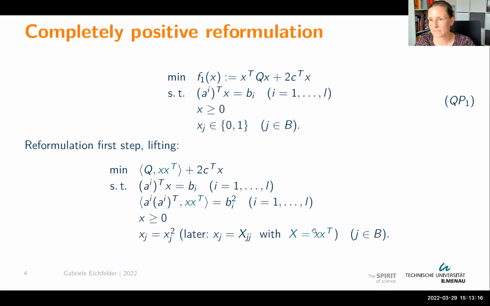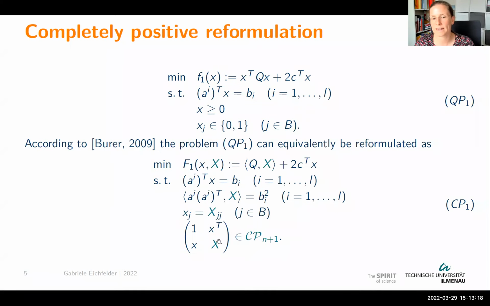And this here is now new, and you will no longer find what's written here. So we replaced it, and now we relax it so that X is now just an element of this cone of completely positive matrices. Here you also have x appearing, which ensures that X is non-negative, but for the matrix you relax, you allow more matrices than just the rank 1 matrices. So for that reason, this is in fact a relaxation. It's a linear optimization problem over the cone of completely positive matrices.